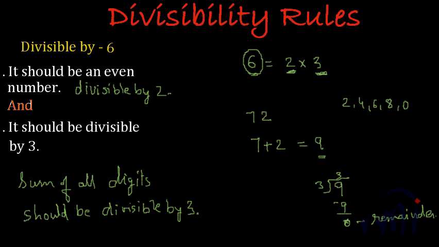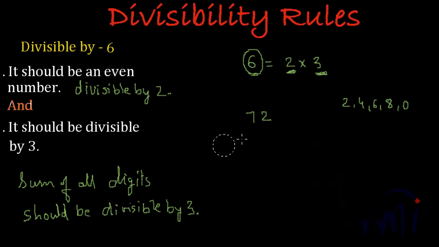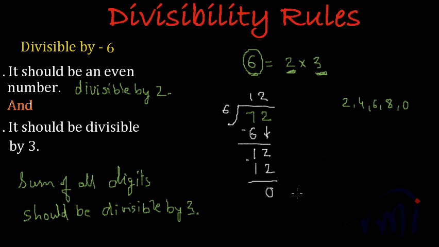And now let's check if it is divisible by 6 or not. It should be. So we had 72 over here. Let's divide it by 6. 6 ones are 6. If we subtract, 7 minus 6 is 1. Let's note this 2 down. So it becomes 12. 6 2s are 12. And 12 minus 12 gives remainder as 0. We have got remainder as 0. That means 72 is completely divisible by 6. And this verifies our divisibility rules.